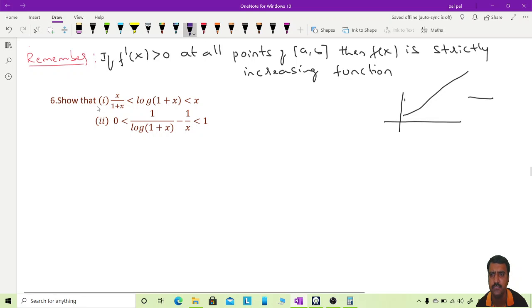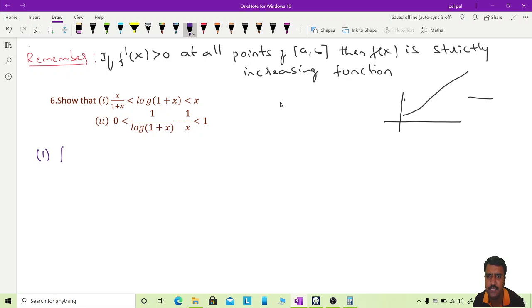So that is, show that x by 1 plus x is less than log of 1 plus x, that is less than x. To prove this result, the first result is we have to show that x by 1 plus x is less than log of 1 plus x, that is less than x. To prove this result, you consider that